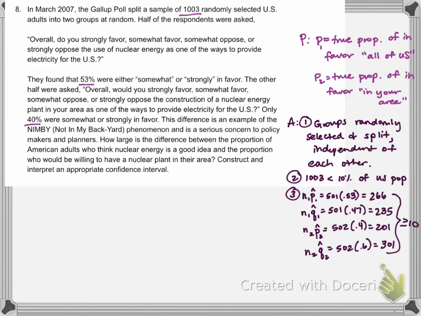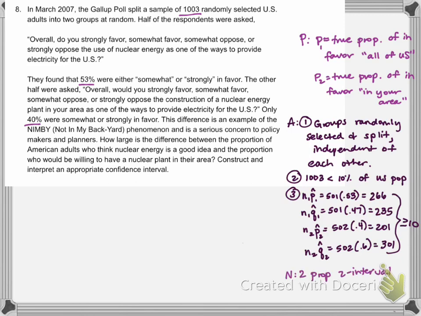And then checking each np-hat and nq-hat for the two groups. And you can see I showed all my work for that as well, and split those. It says split into half, so I just gave one group, like, when you split a paycheck and somebody gets the extra penny, I did that with the extra person. But all of those nps and nqs, you can see, turned out to be greater than or equal to 10. All right, so that means I'm good to go to do a 2 proportion Z interval,